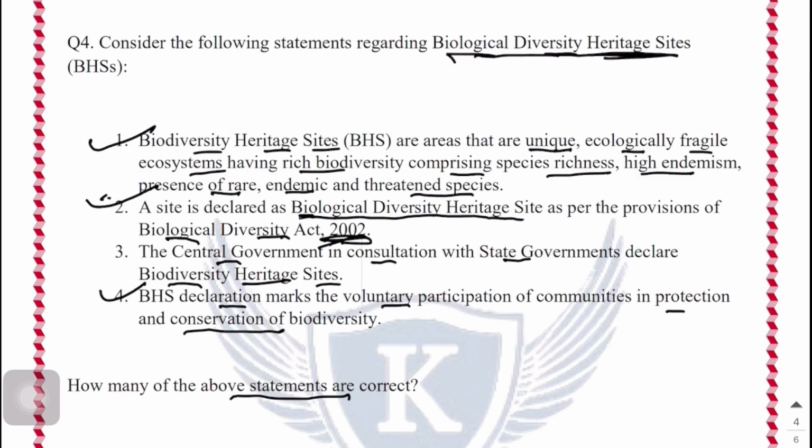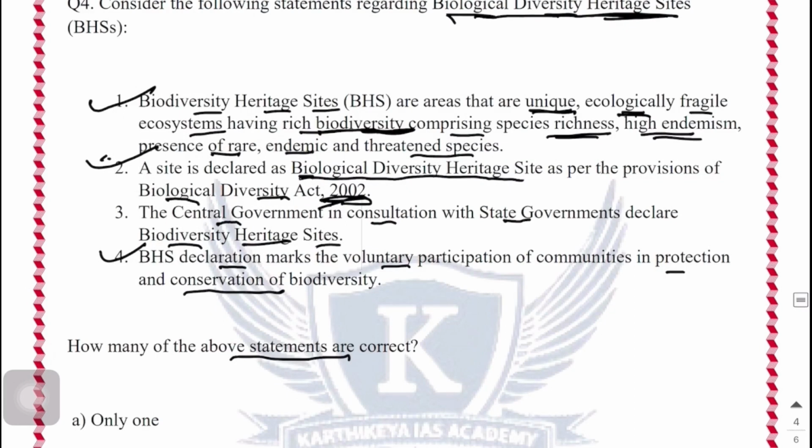Statement 1 says that biological diversity heritage sites are unique and ecologically fragile, and they have a rich biodiversity, rich species richness, high endemism. Statement 2 says that the heritage sites are as per the provisions of the Biological Diversity Act 2002. And statement 4 says that BHS declaration marks a voluntary participation in protection and conservation of biodiversity. So all three statements regarding this BHS are correct, but there is something wrong with statement 3,